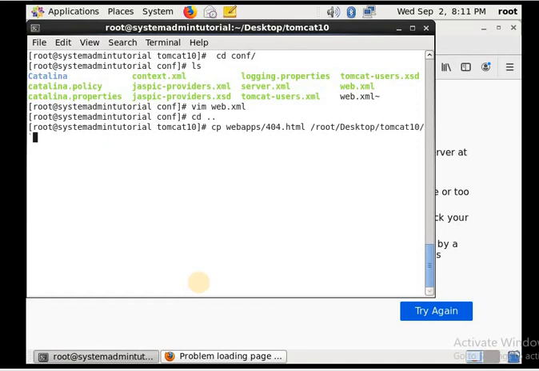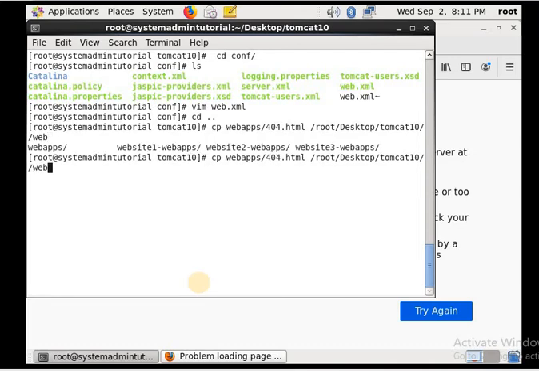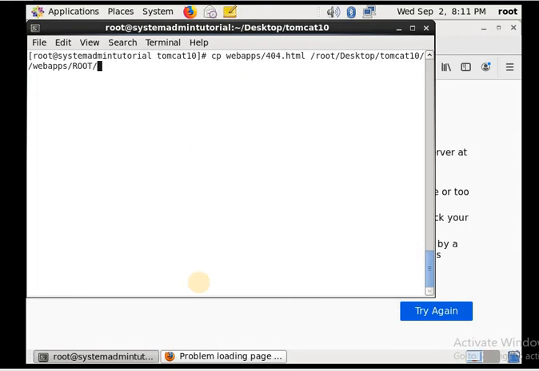For Tomcat 10, it is webapps, and inside this there is ROOT. I have to copy the 404 HTML page into webapps/ROOT. It is successfully copied. Next we'll go to the bin directory.